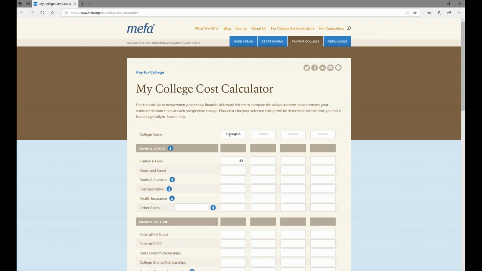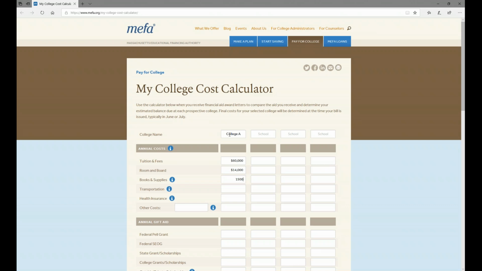So I'm going to put in our tuition and fees. Let's say maybe about $60,000. Maybe it's a private college. Room and board, we have that on there. They can choose different options, maybe older dorms or living in a quad or a triple to save a little bit of money there. I'm going to add in the unbilled expenses so that we want to make sure that families are budgeting for that so they know that that's money they do have to pay, but it is an unbilled cost.